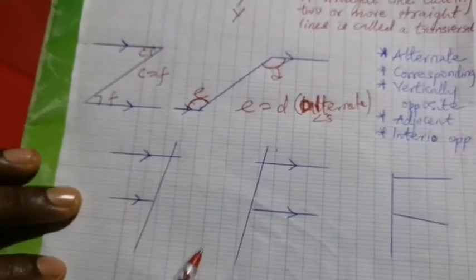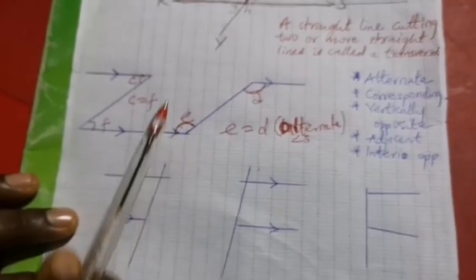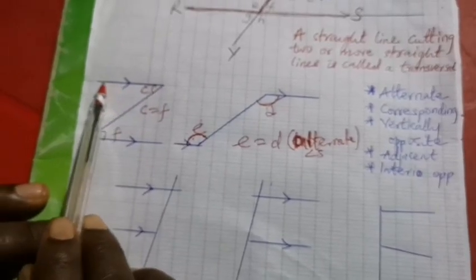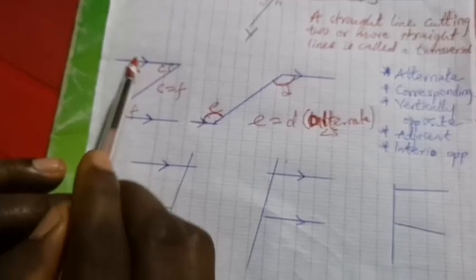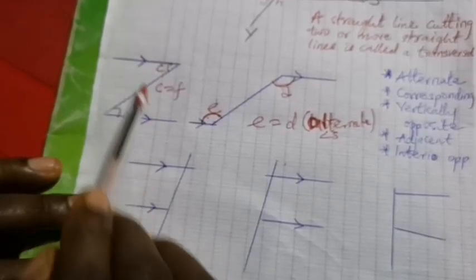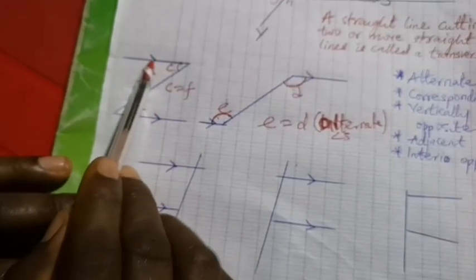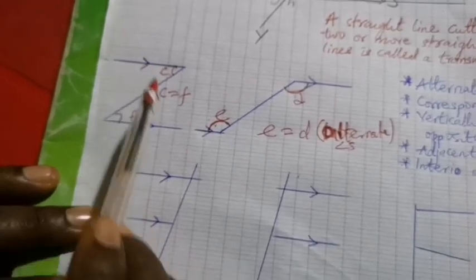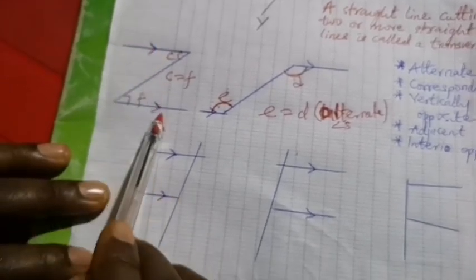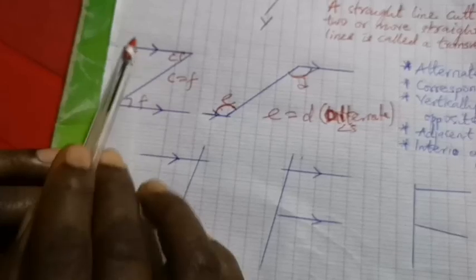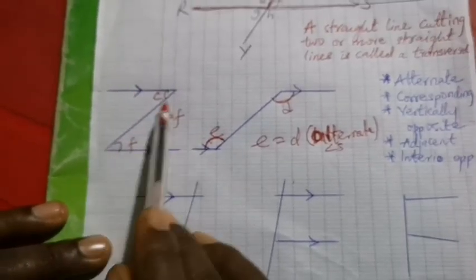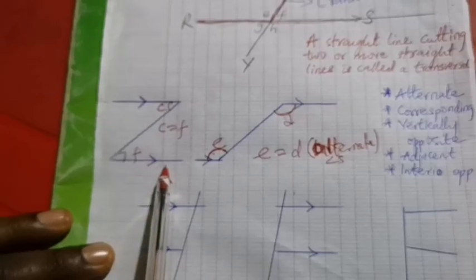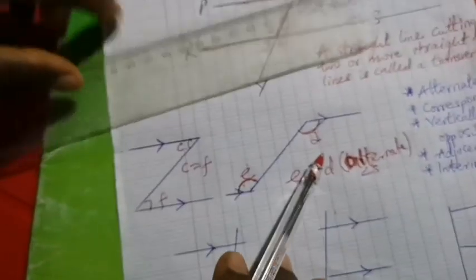But before I continue with corresponding angles, there is something I want to show you. Before we call any angle here alternate, we must see this sign. So this arm of the Z must have this sign. This arrow must be there, showing that these two lines are parallel. If these two lines are not parallel and we have something like a Z, we cannot call it alternate angles. Yes, look at what I mean. If I have something like this,